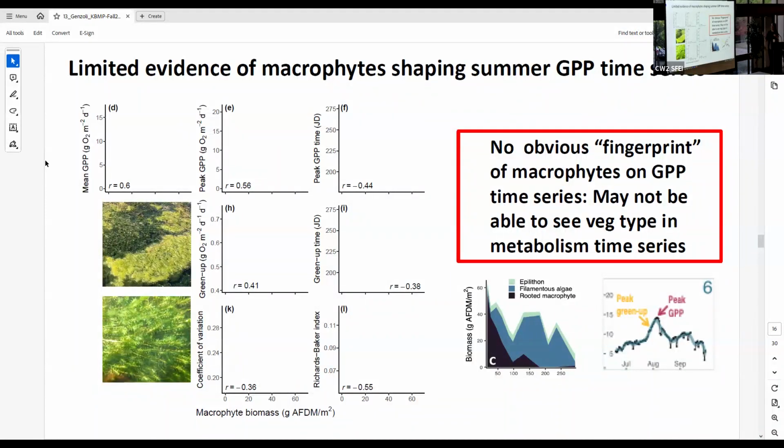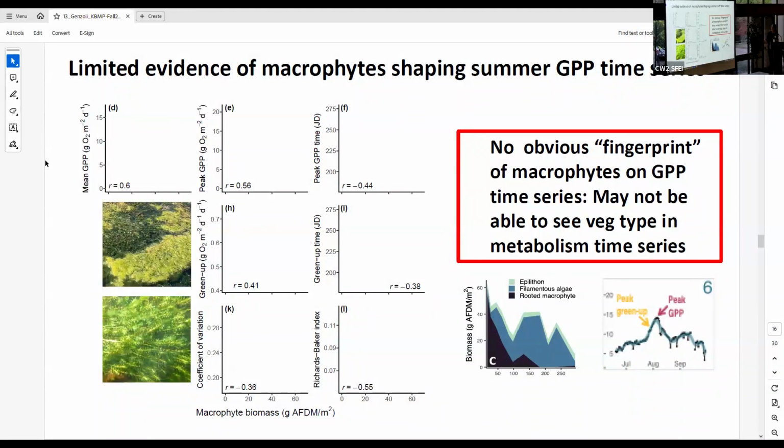And so, at least from this data, from this analysis, I didn't see an obvious fingerprint of macrophytes on gross primary productivity time series. And so there is at least some data that is really important to be in the field and observing, that we're not just going to be able to default necessarily to looking at a time series